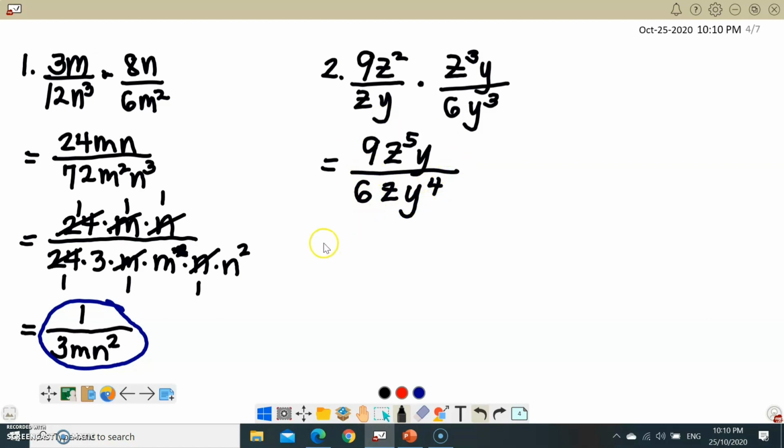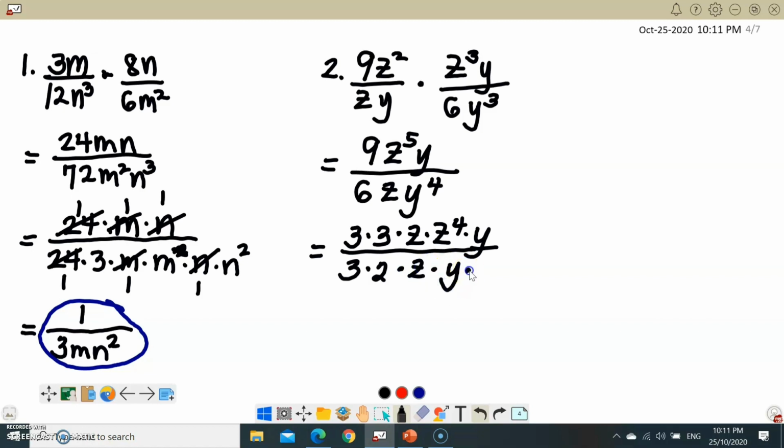So let us simplify. So to simplify, factor the numerator, factor the denominator, and cancel out common factors from the numerator and denominator whose quotient is equal to 1. So we now have the factors of the numerator as 3 times 3 multiplied by z times z raised to 4 times y. So the factors of the denominator, 3 times 2 multiplied by z multiplied by y multiplied by